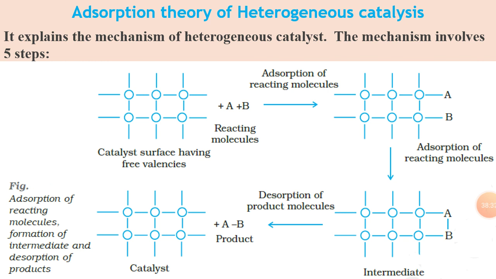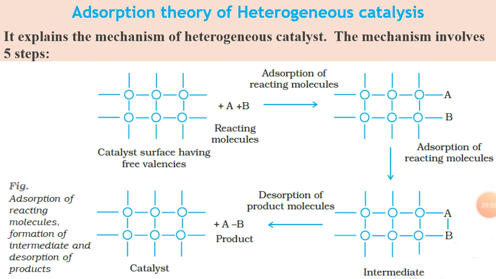Second, adsorption of reactant molecules on the surface of the catalyst. So the second thing that happens is that the A and B molecules are adsorbed on the surface of the catalyst. This is seen in the diagram. Now the third step, a chemical reaction on the catalyst surface through the formation of an intermediate occurs. Look here, A and B are now joined by a line, which shows that they form a complex. That is, chemical reactions are now taking place.